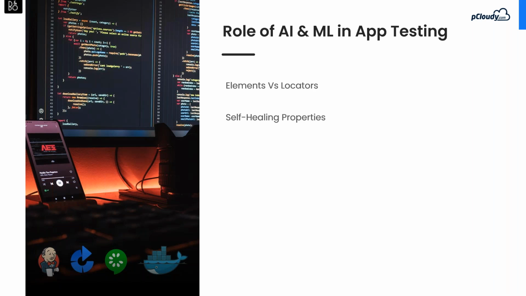When we talk about selectors, these are nothing but the DOM element IDs, which determine the elements to interact with. But these selectors are very fragile, as they can change as the application code evolves. When this happens, your test will fail, increasing your maintenance burden as well. So that's the traditional approach when we talk about selectors, which adopt the DOM element IDs.